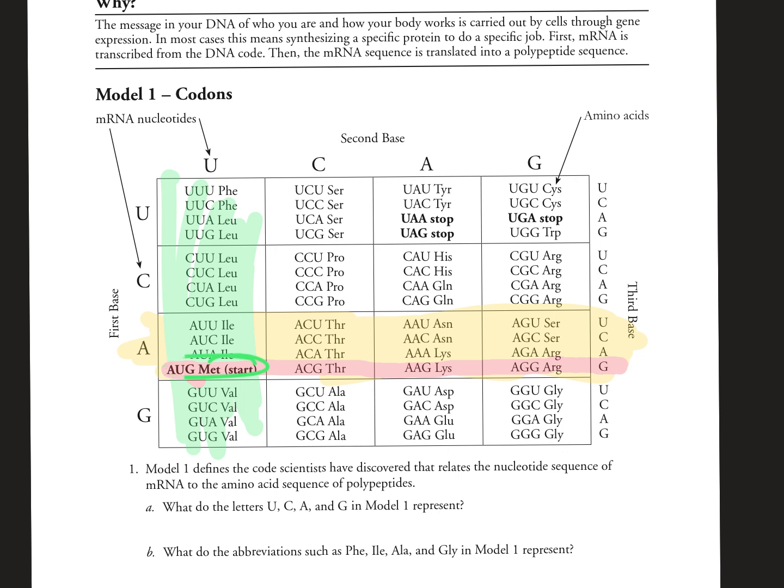Now, let's pick another one. After AUG, we got methionine. What's the next amino acid? So right now, if I were going to write the polypeptide, methionine,